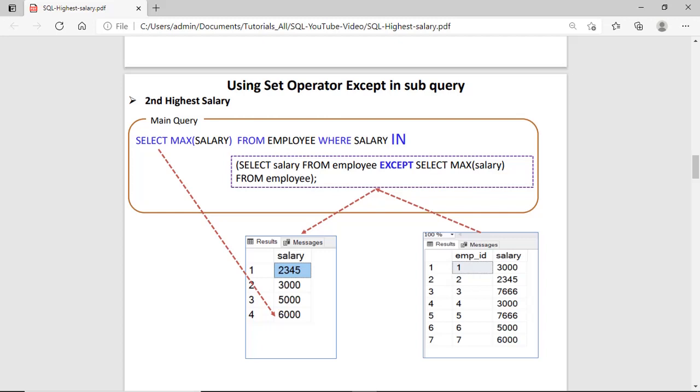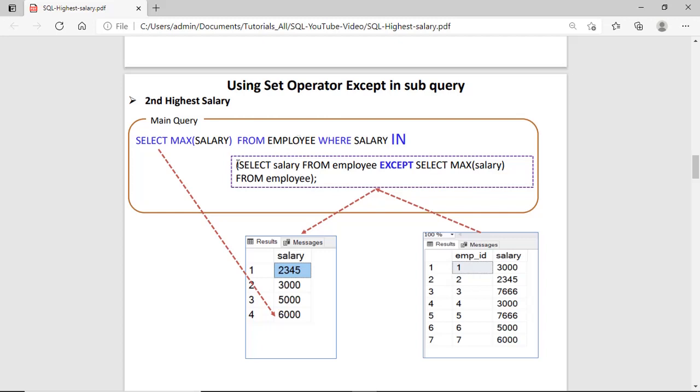Now, using the set operator except in the subquery. The function of the set operator except is that it returns the result from the first query excluding the results from the second query, because except uses two or more queries.